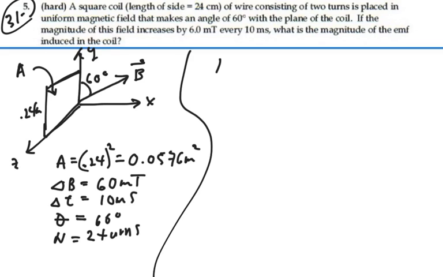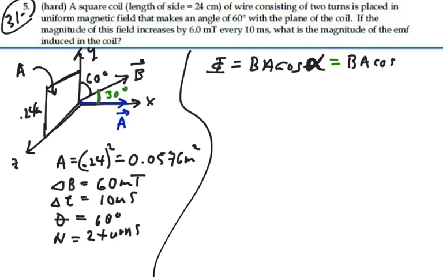Now when we define flux for a planar area like this, it is the field times the area times the cosine of the angle between the area vector and the field. Now I called this angle 60 degrees. I shouldn't have done that. Well, let's call this new angle alpha, like this. Because what we want is the angle between the magnetic field direction and the area vector. Now the area vector is coming normal to the area like this. So the angle we're talking about is actually this angle right here, which would be 30 degrees. So the angle in question then is we're going to have the field times area times the cosine of 30 degrees,